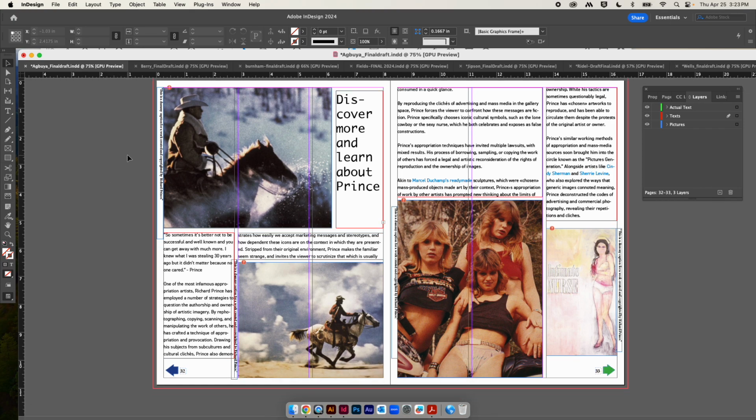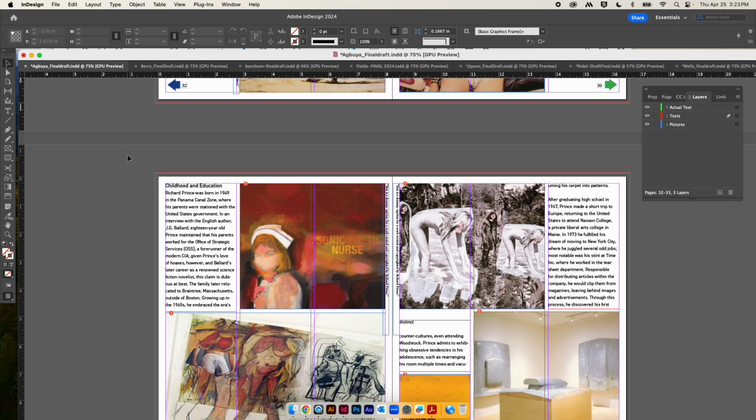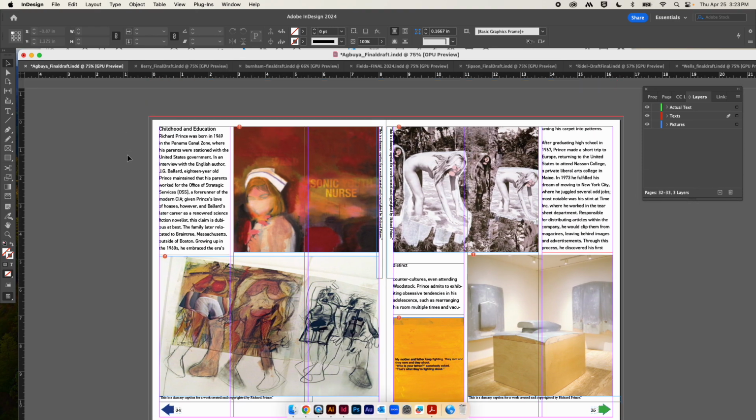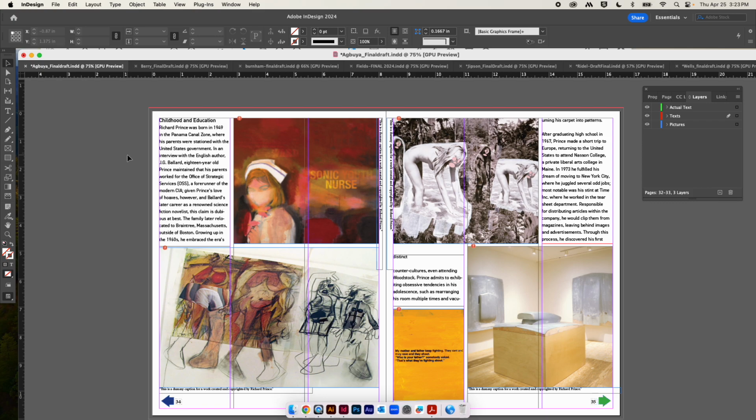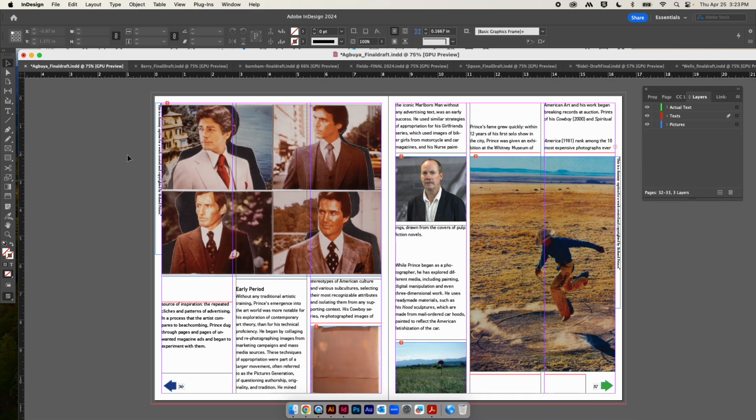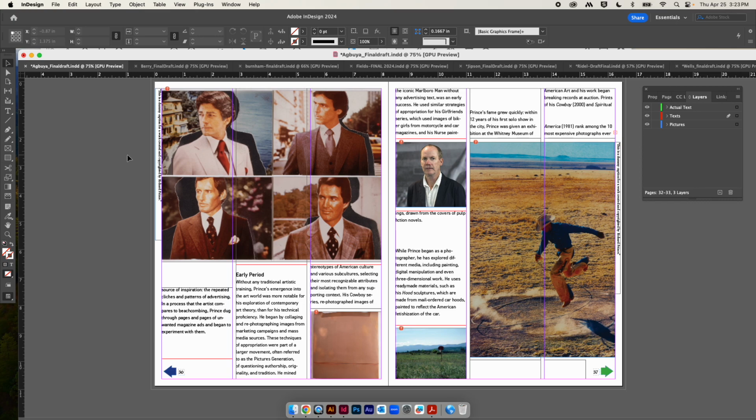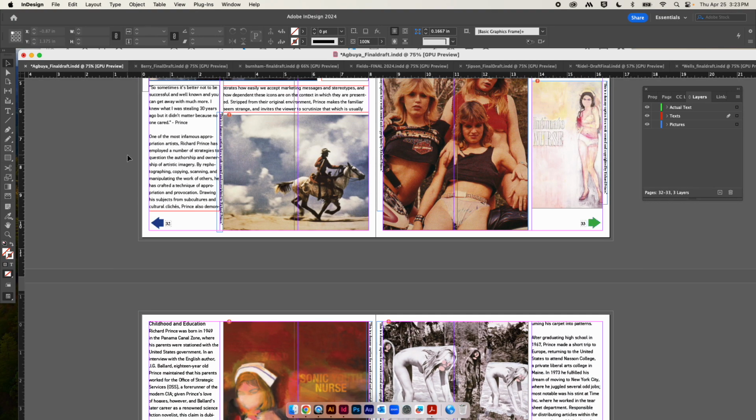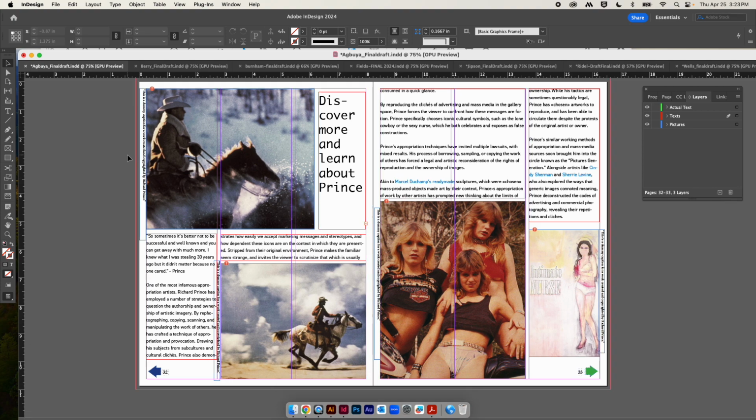So we have our page 1 and 2, 3 and 4 here, and 5 and 6. So overall, I think it's a pretty good start. I think that some of your text boxes, like having two columns and one column, are a little bit